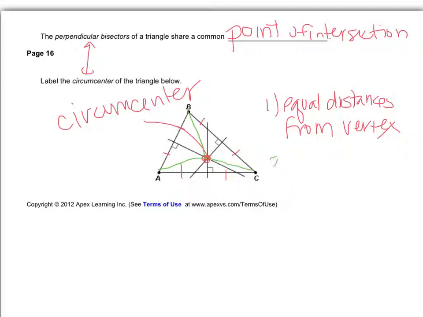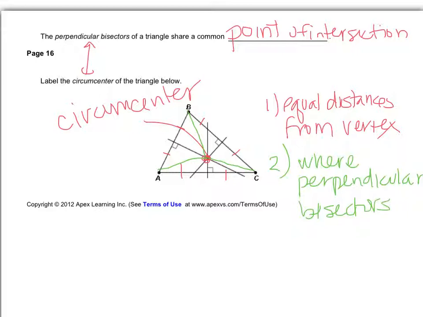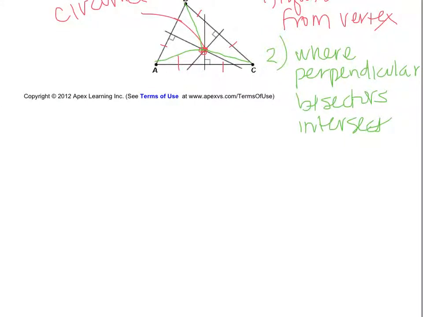The second thing you need to know is it's where the perpendicular bisectors intersect. And the third thing you need to know is that it's always inside